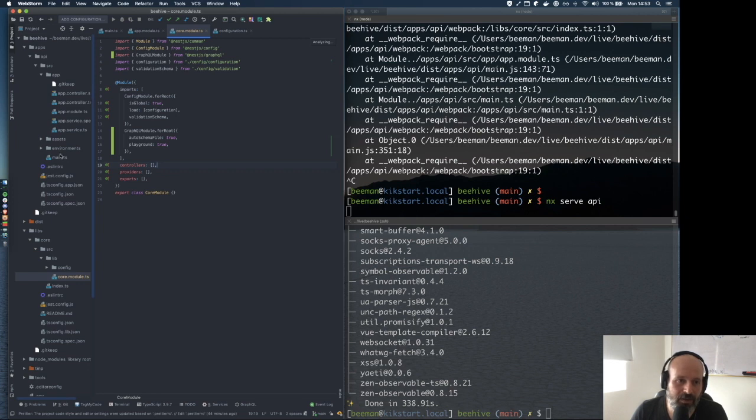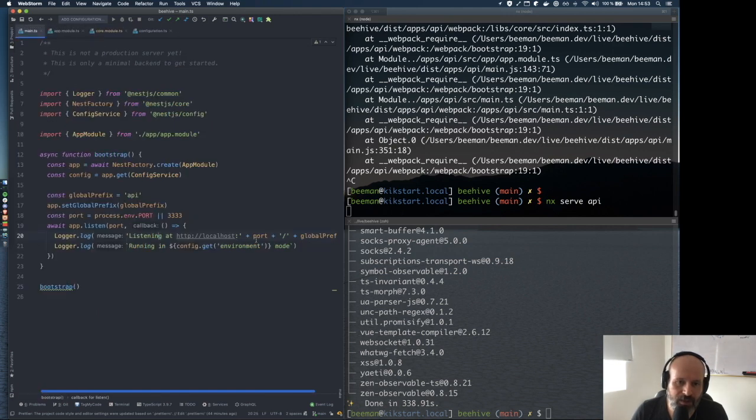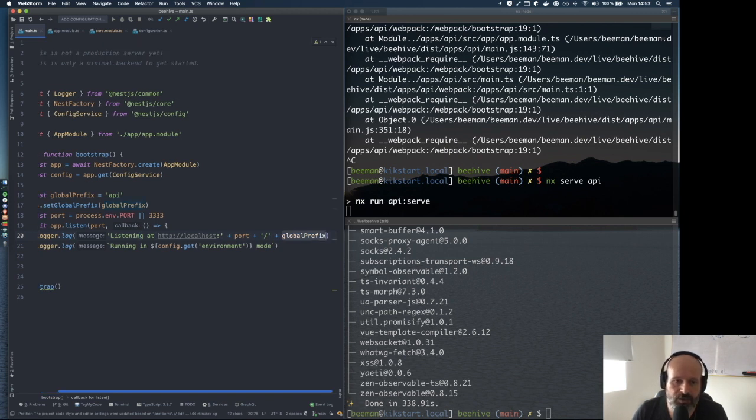Now another thing I like to do, and this is not in this tutorial, it might be there. It should probably be there. When the server starts, I have this line listening on localhost port and the global prefix, which is set to API. Now in order to quickly access our GraphQL endpoint, I'm going to copy that line and say,